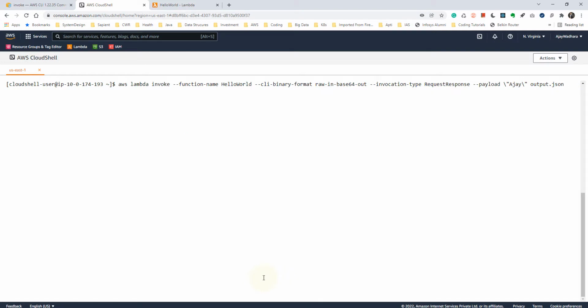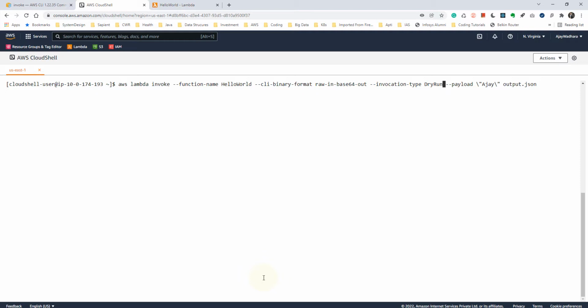So guys, this was the invocation type request response. But let's say you're working on a real-life project and your Lambda is not just printing something, it has some other functions to do. So you don't want to do that. You just want to verify if the parameters are good and if you have permission to execute the function or not. For that case, you can use the dry run option here. Dry run doesn't return us anything. This verifies whether your function has the permissions and the correct parameters.